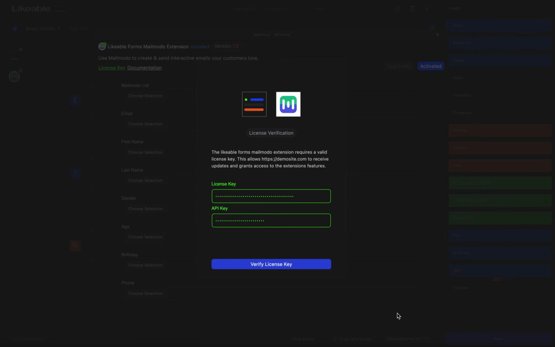Mailmodo extension tutorial. So today we're going to show you how to create a new subscriber and populate some data for that subscriber inside of a Mailmodo list. To get started, you want to go ahead and add your Likeable Forms license key, and you'll also need your